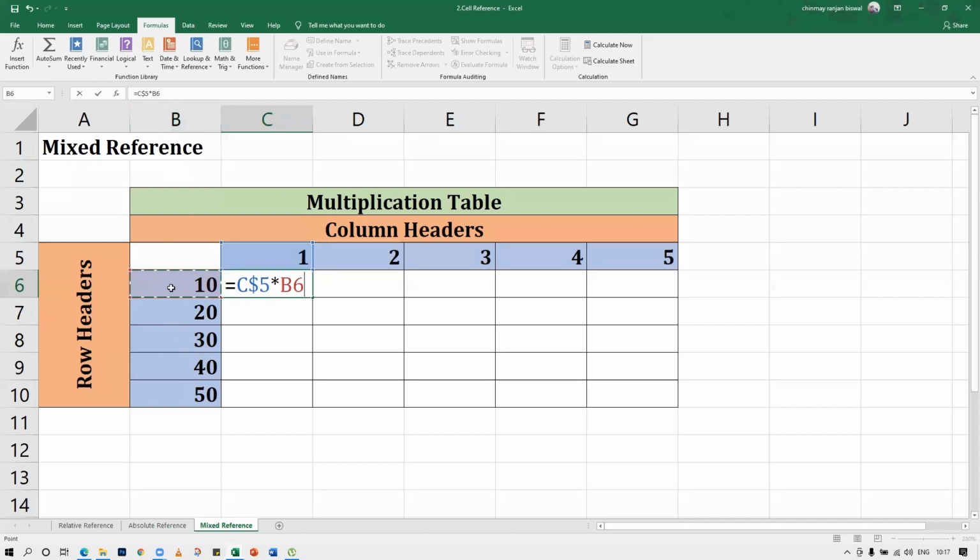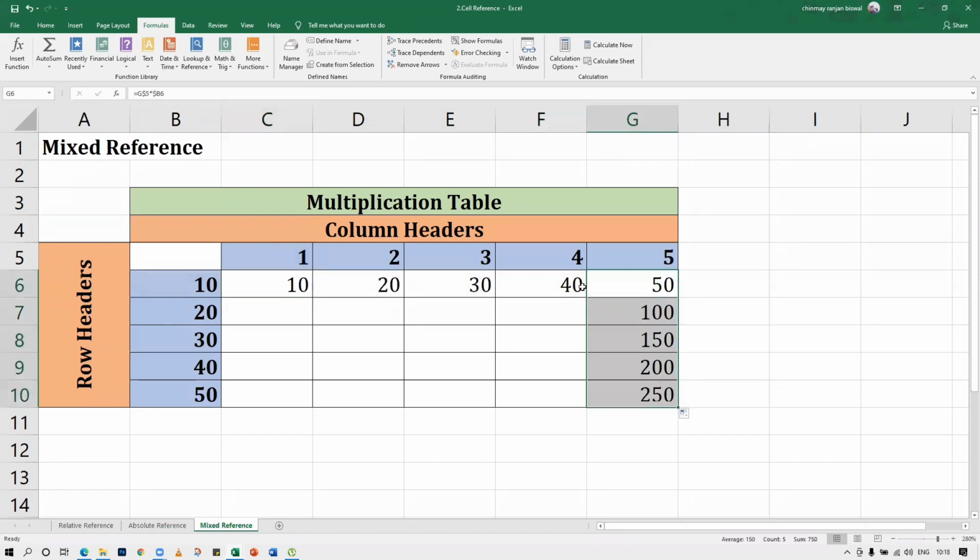Similarly here in this case what is happening, the column will be fixed. Why? क्योंकि ये मेरा चेंज नहीं होना चाहिए, ये वाला जो है 10 20 30 40 50 ही मेरे को करना है. So in this case what is changing, the row is changing but the column is fixed, so I will put a dollar symbol in front of the column. ठीक है? अब हम ऐसे करते हैं, अब हो गया. See, if I do a dollar symbol also तभी वो काम करेगा,